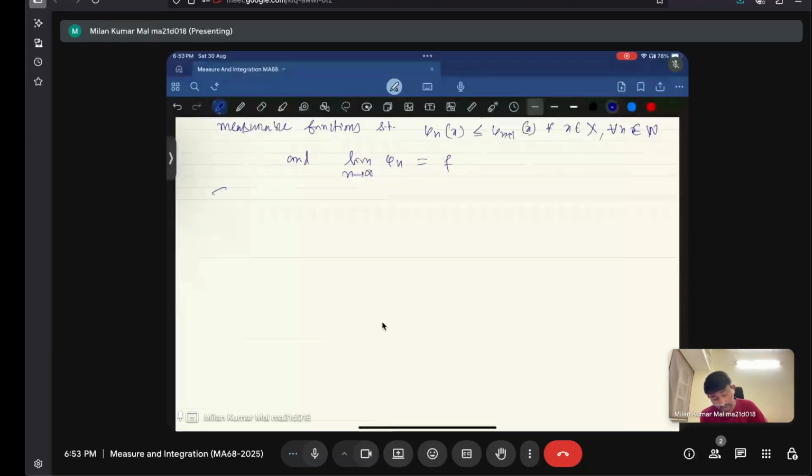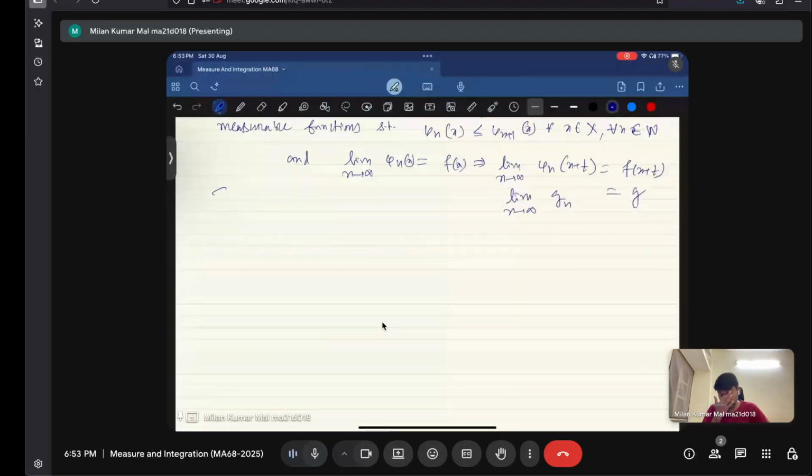That means phi n of x plus t, which equals f of x plus t, which equals g, is the limit as n tends to infinity of gn of x, where gn of x equals phi n of x plus t. T is fixed throughout this question. Okay, so therefore